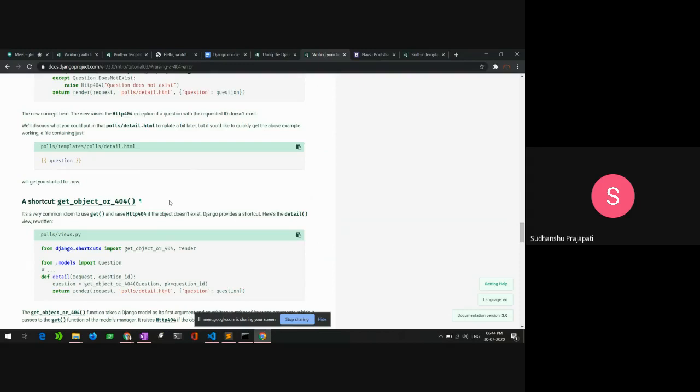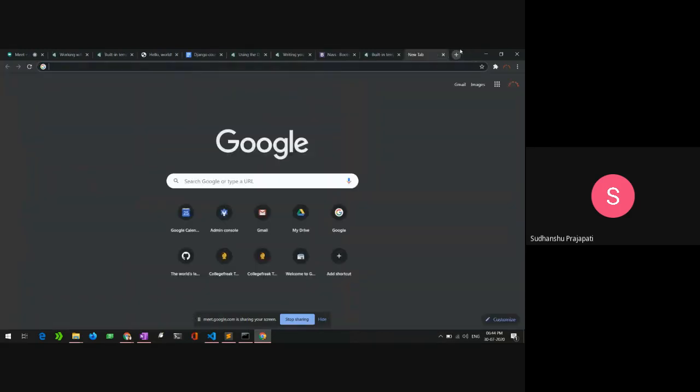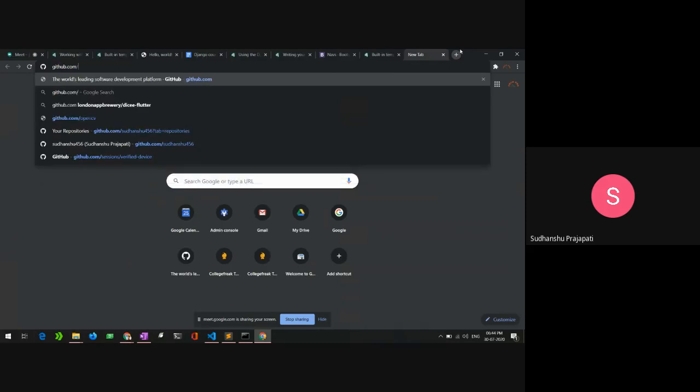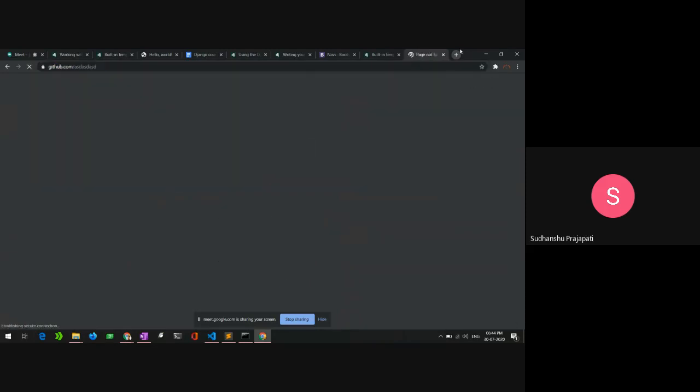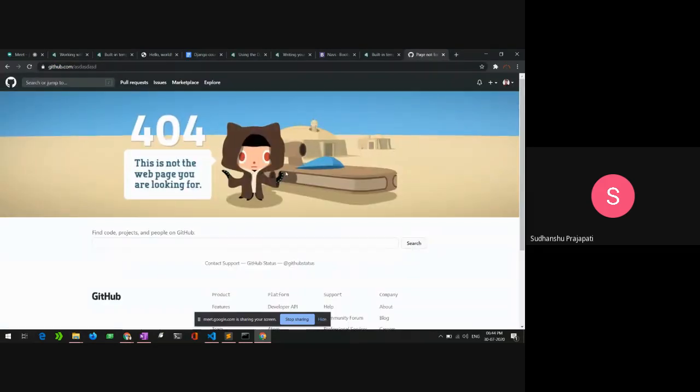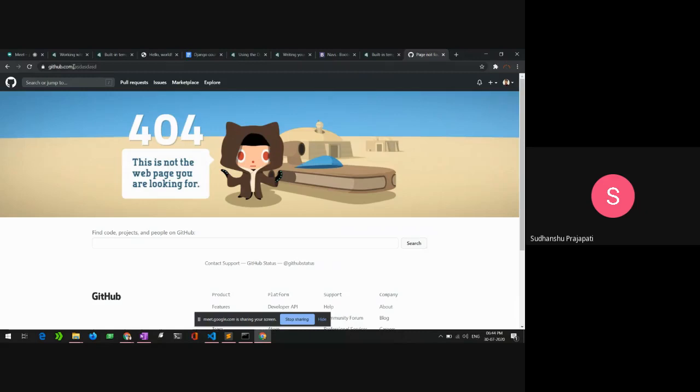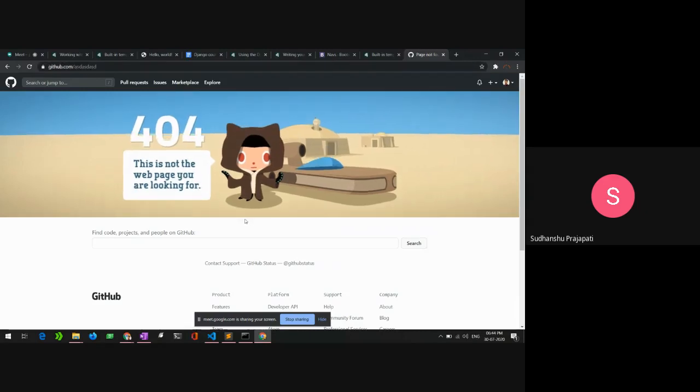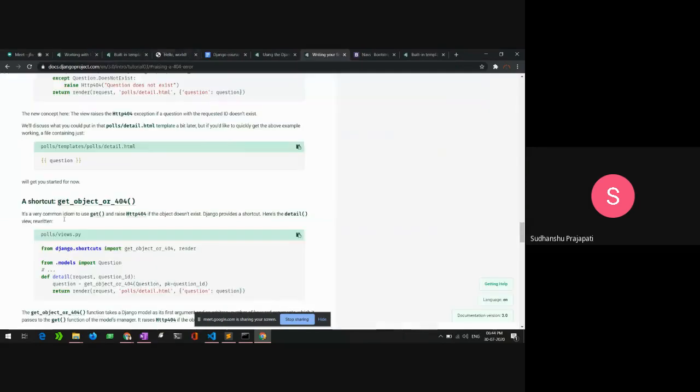If I enter something like GitHub slash something, it will definitely show me the 404 page. That means it figured out that whatever I'm typing is not in their database or in their URL patterns, so it gives me the 404 page.